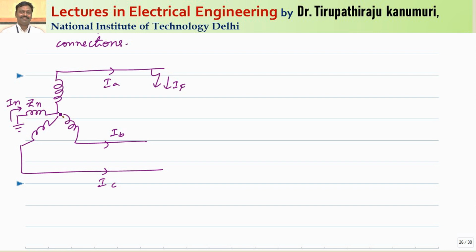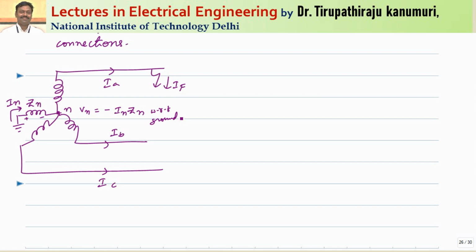Now whenever the fault happens, the voltage of this neutral point will not be at ground potential, because the current is passing like this. Automatically the voltage will be dropped. So the neutral point will be at a little lesser voltage when compared to the ground potential. Here plus minus voltage will drop. You agree with me? So we can tell the voltage of the neutral point during the fault condition will be equal to minus In multiplied by Zn, because In is passing through the impedance which is connected in the neutral circuit. This is with respect to ground or the reference point.